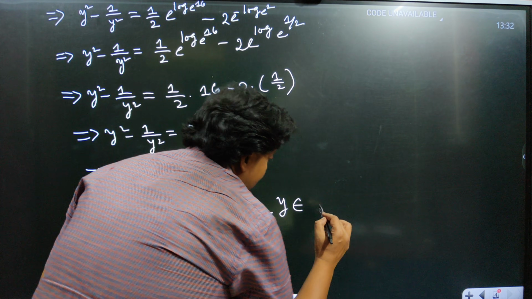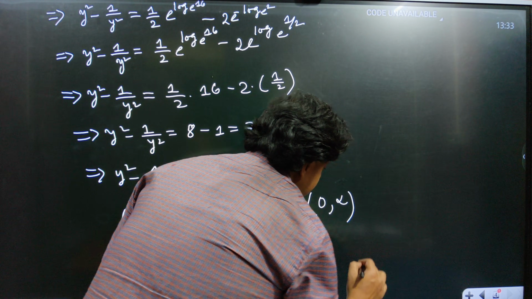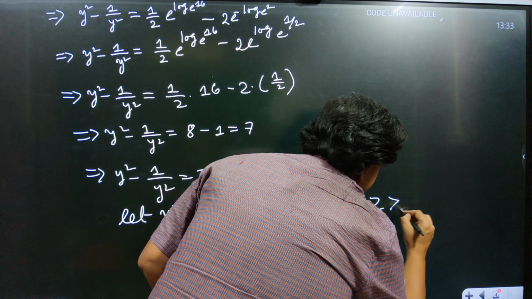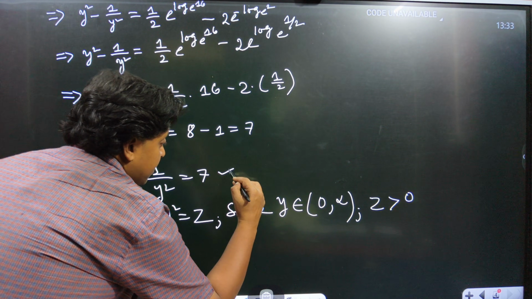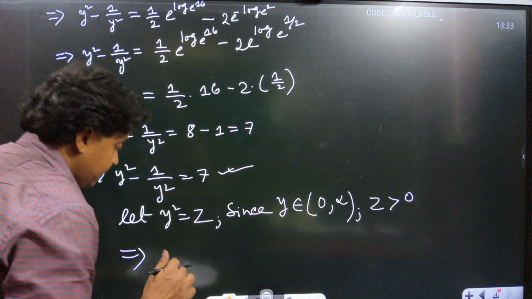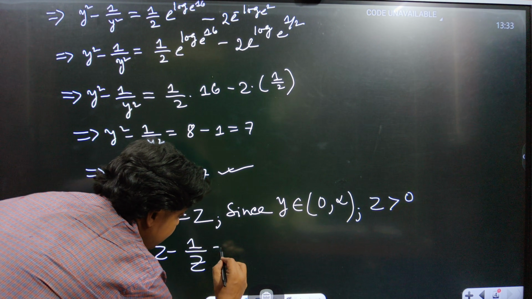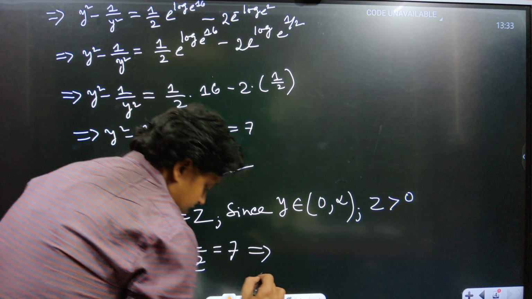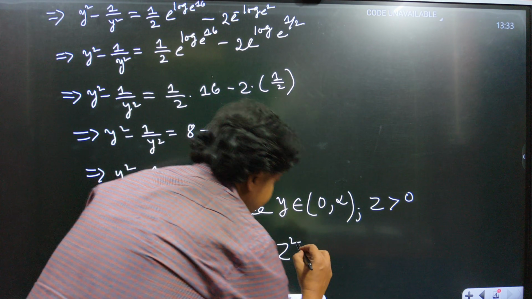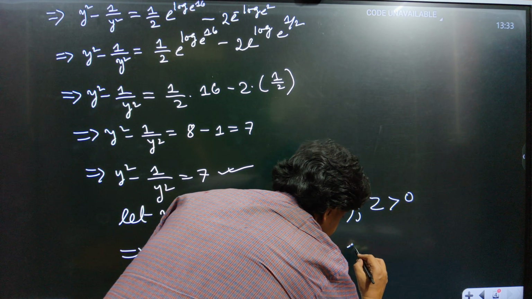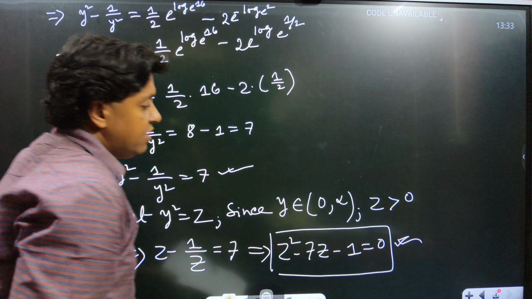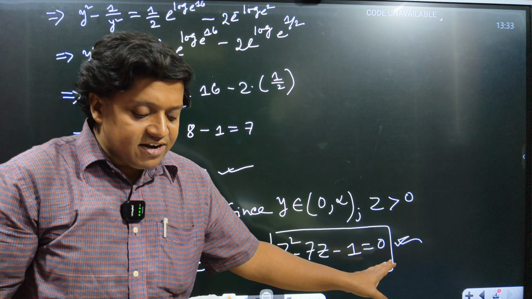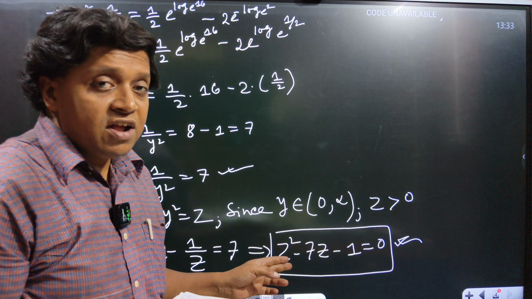Since y belongs to this interval 0 comma infinity, open interval, as I said, then z must be greater than 0, and upon making this substitution, this equation reduces to z minus 1 by z equal to 7, which easily gets converted into. Now, this is a simple quadratic equation given in the examination of IIT Advanced of class 9 and 10 level. If we solve this equation using Sridharacharya's formula, then the value of z will be